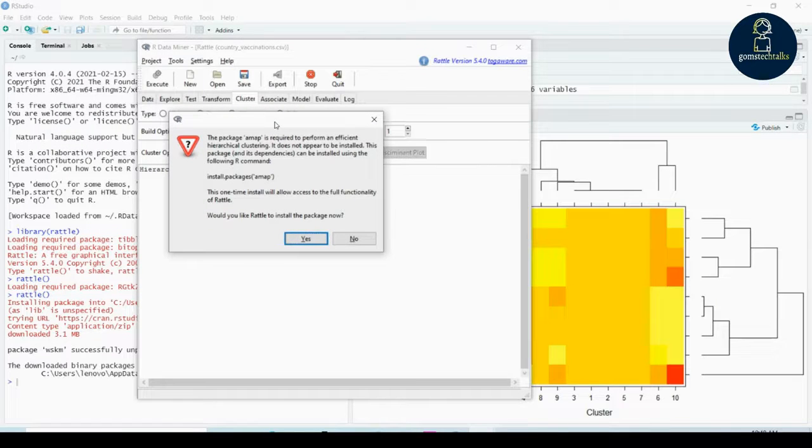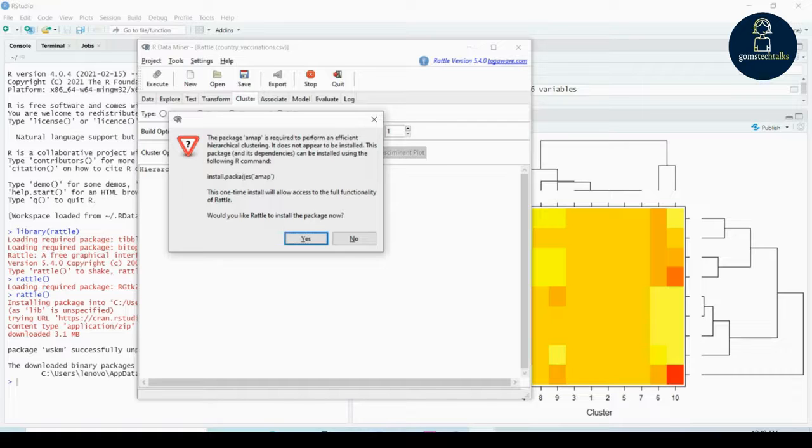Whenever it needs some extra package, since Rattle is built on R, and for executing any extra features with R we need to install a specific package, you will see this. When you use features or tabs in Rattle, even in Associate, Explore, or the very first Data tab, it may appear. In that case you have to read the warning and decide whether to install the package.